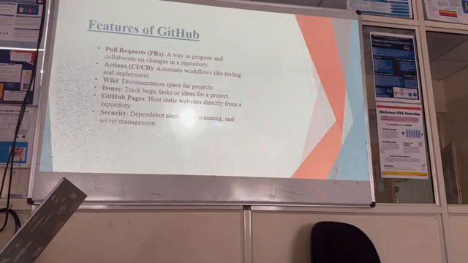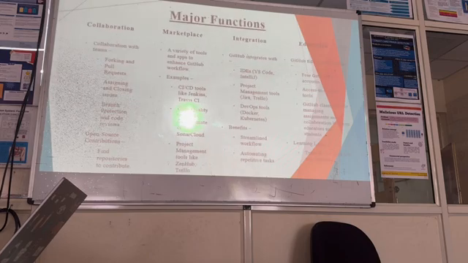About security, GitHub provides security through various features like public and private. The repository can be private, where any other user cannot change the code, while it can be public, which is only for viewing by the public. These are the major functions of GitHub,